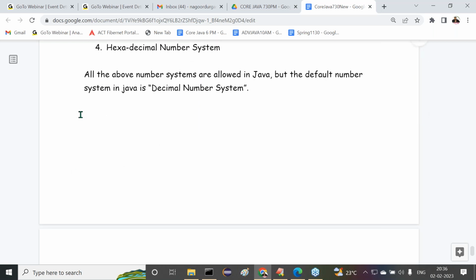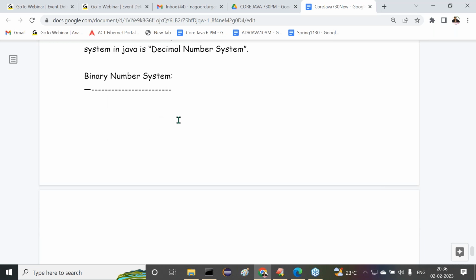Now let's move on to the first one, the binary number system. What is this binary number system actually? Observe carefully. Its input alphabet is 0 comma 1.